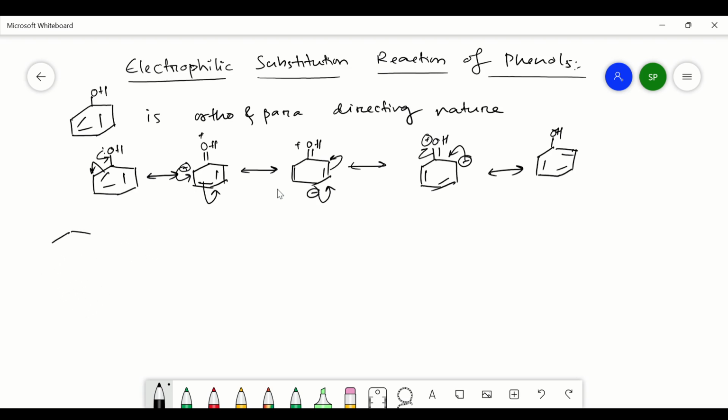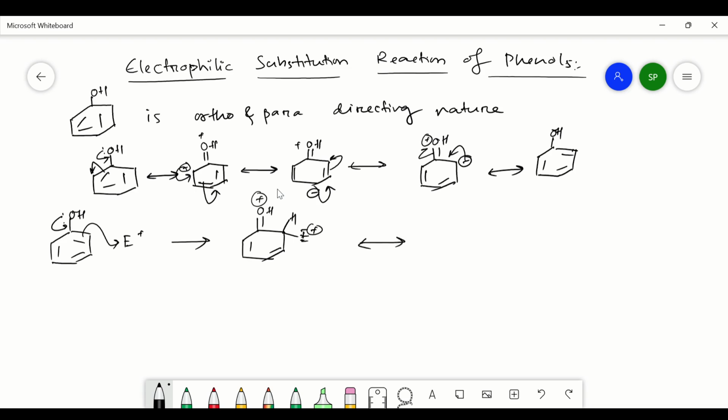Let's consider phenol. If the electrophile is bonded to the ortho carbon, with formation of OH plus, this will be H, this will be E plus, and in the next step